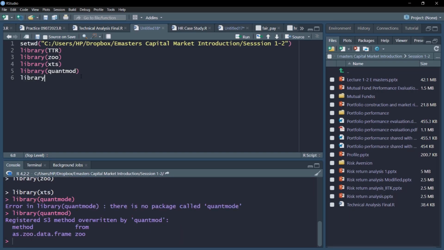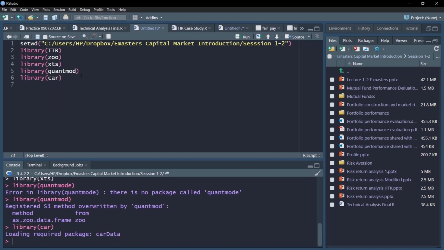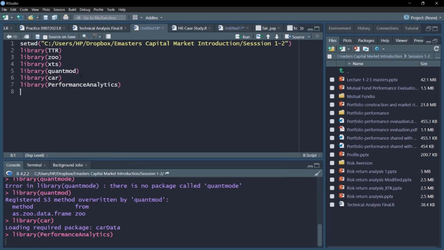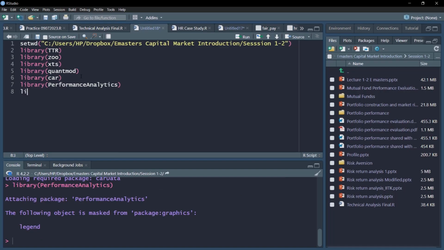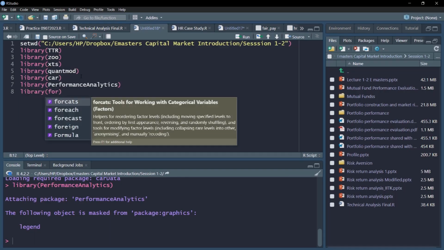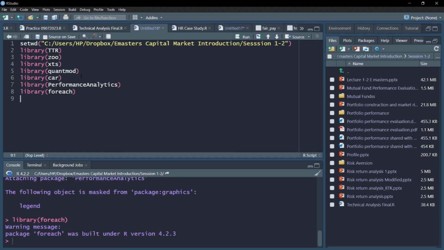Next, you have library caret. Another is PerformanceAnalytics. One more interesting library is foreach.